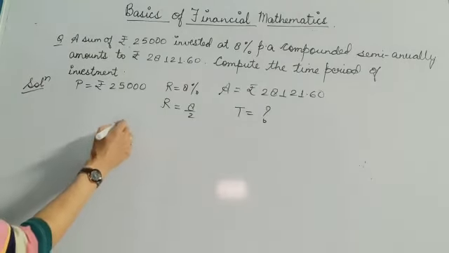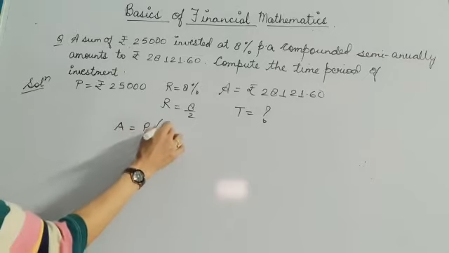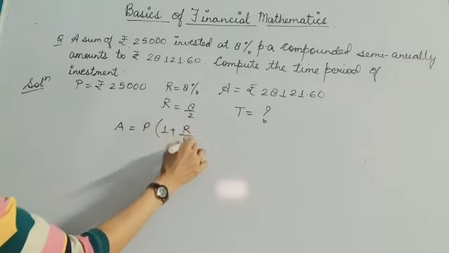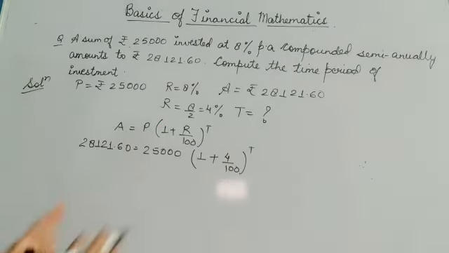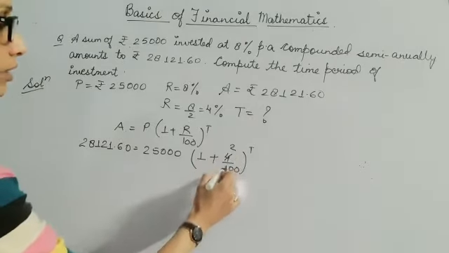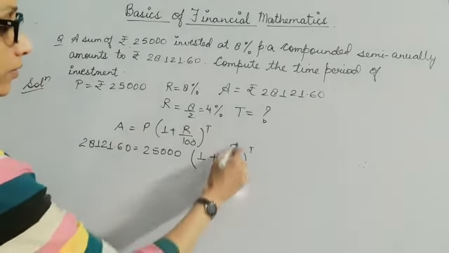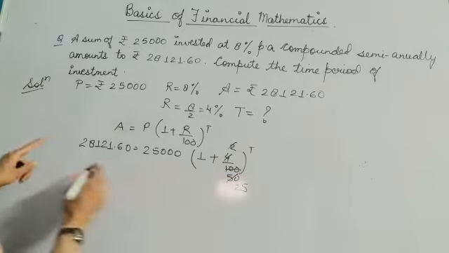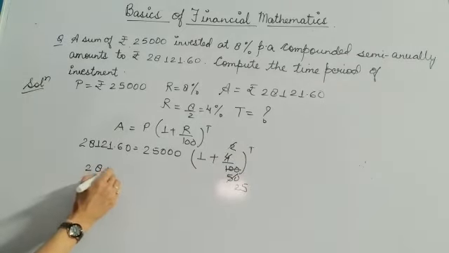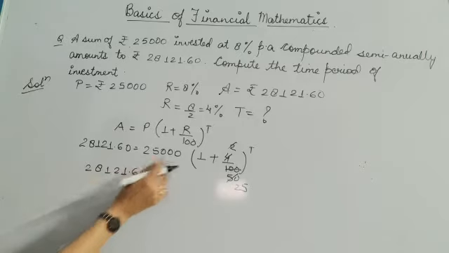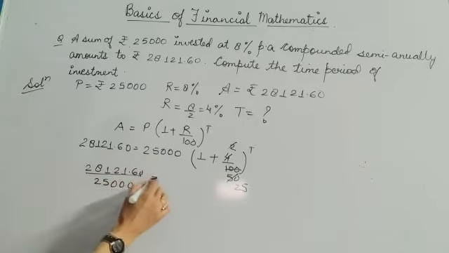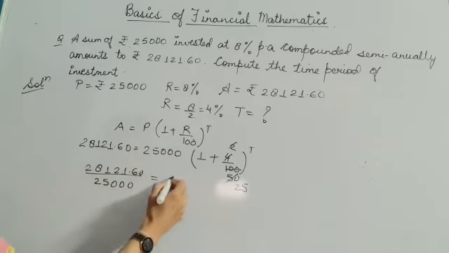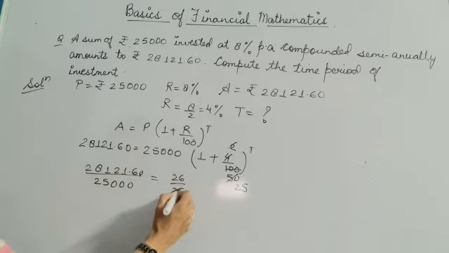Now we know the formula A equal to P (1 plus R by 100) raised to power T. We will be putting all the values here. So after putting the values, you will be getting the things like this. You can cancel it. Alright. So you are getting here 28121.60. This you can take down. So this is 25123. And here you can take the LCM and you can write it as 26 by 25